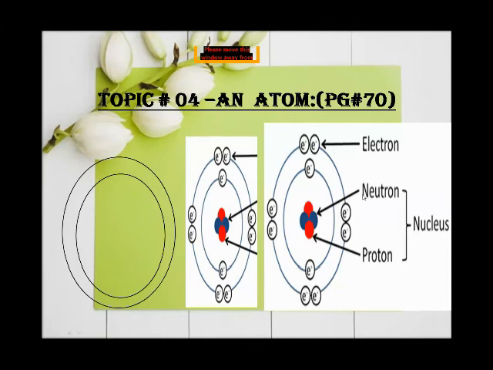Okay, N is capital for a neutron and P is capital for the proton, and both are part of the nucleus because these two things make your nucleus. Okay, an electron you can show on the outermost shell. So yes, you can draw. This is a very simple picture, it is very easy, you can easily draw it if you draw it just one time. So in a second way you can easily draw it in your exam, in your test.